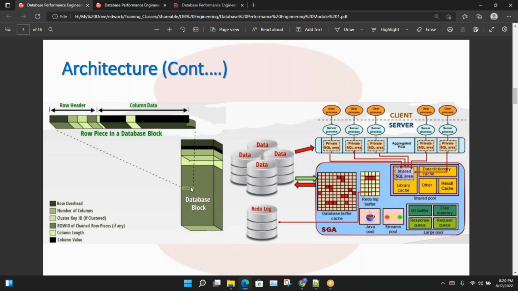Let's say I have a row header. Now, for example, what happens is sometimes